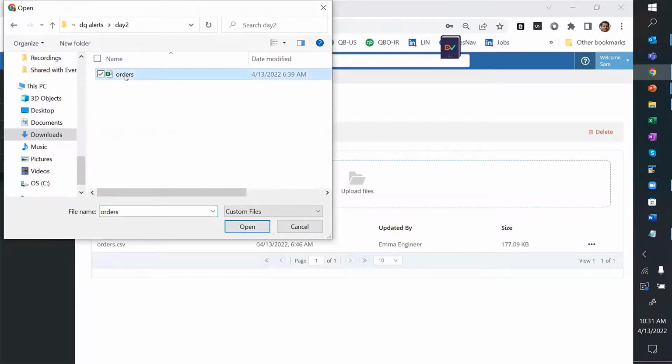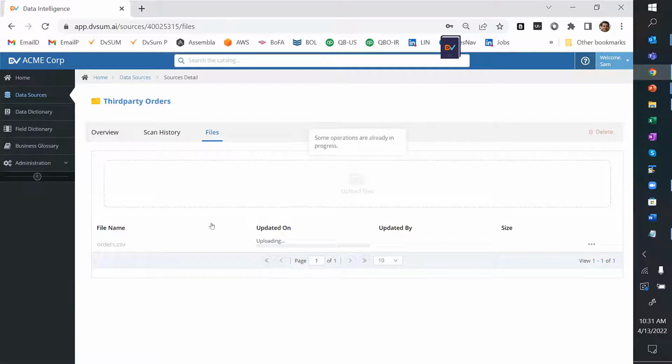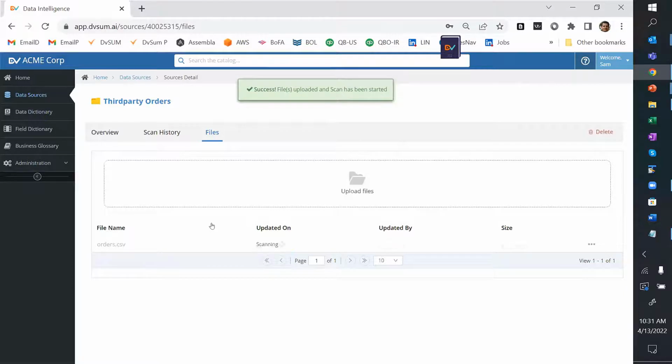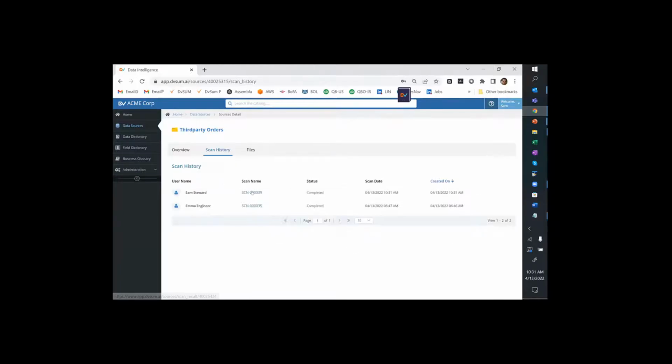I got a new file of orders. So again, a scanner is running. It's going to scan the new data, and it compares the profiles with the previous version of the data. And if it detects a significant change, either in the data types, layout, volume of data, or even the distribution of the data itself, like I'm seeing a lot of blank values, it is going to be able to alert that information. So if you look at the scan history in this case,